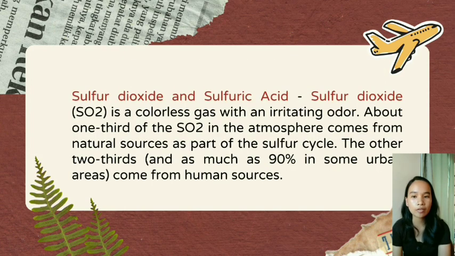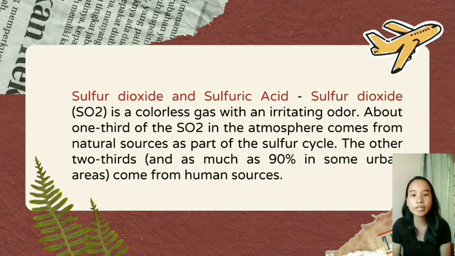Another is the sulfur dioxide and sulfuric acid. Sulfur dioxide is a colorless gas with an irritating odor, and about one-third of the sulfur dioxide in the atmosphere comes from natural sources as part of the sulfur cycle. The other two thirds, and as much as 90% in some urban areas, come from human sources. So mostly combustion of sulfur-containing coal in electric power and industrial plants,